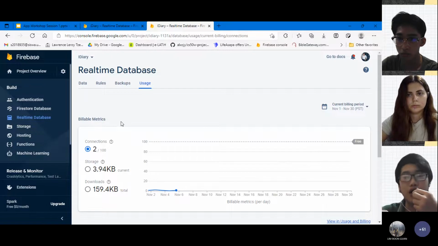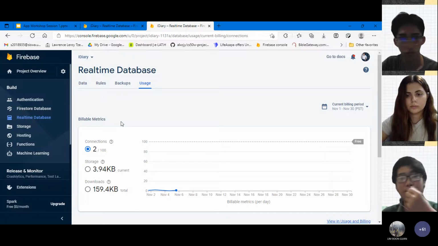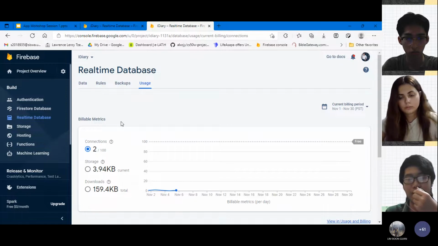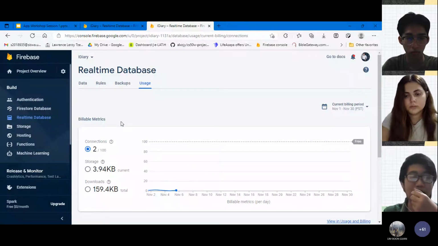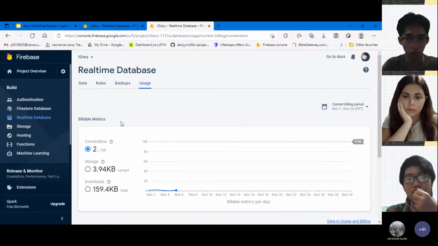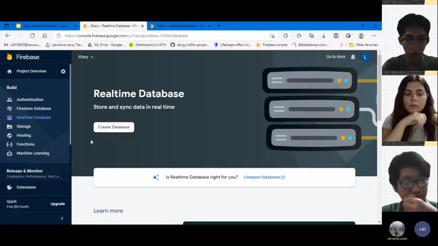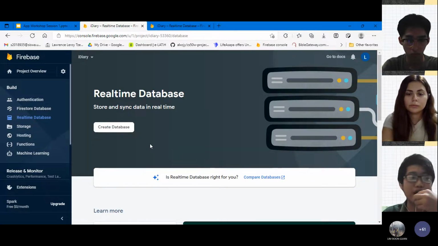So Cloud Firestore, the more powerful one, has cheaper billing because it encourages enterprises to use Cloud Firestore and use very big datasets. And Realtime Database is a bit more expensive. So if you are using a lot of data, consider Cloud Firestore, if not, Realtime Database. And then I've said your app data is stored in these databases.